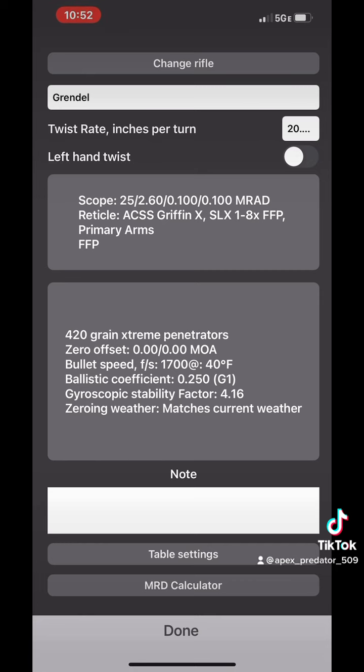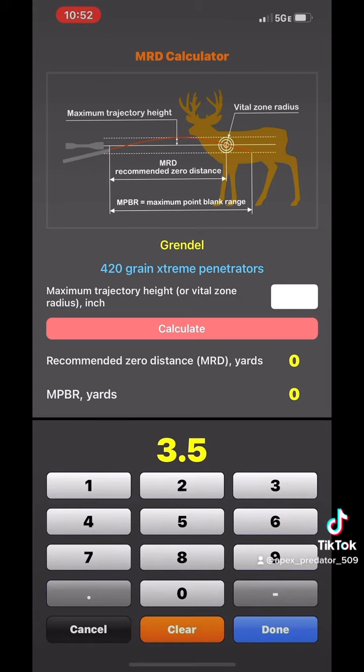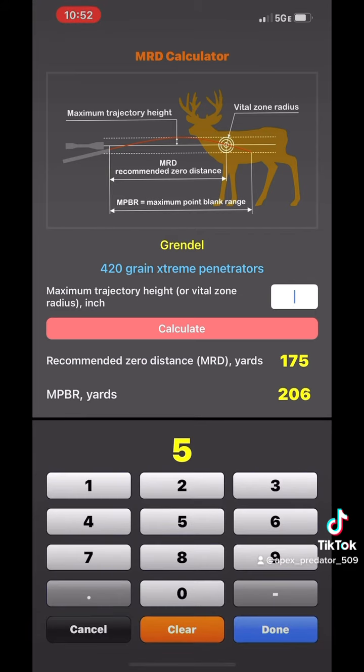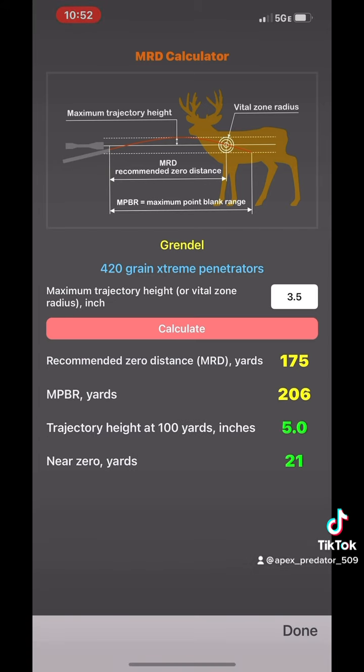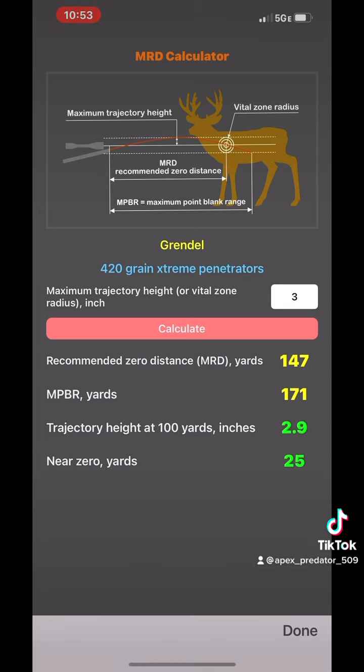Once we've got our scope and cartridge data in, then we can try to figure out what's the best distance to zero our rifle at. For that, I use the maximum point blank range calculator. You can enter the spread that you want in radius, which times 2 is the diameter. That's the maximum bullet rise or drop that you'll have within that maximum point blank range. For the animals that I hunt, I want it to be a 6-inch maximum spread, so 3 inches high or 3 inches low. Once you enter that in, you get your recommended zero distance, your maximum point blank range, and